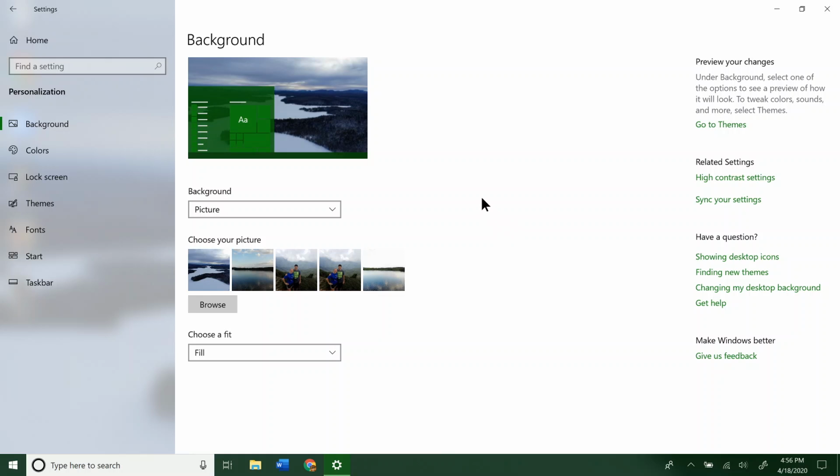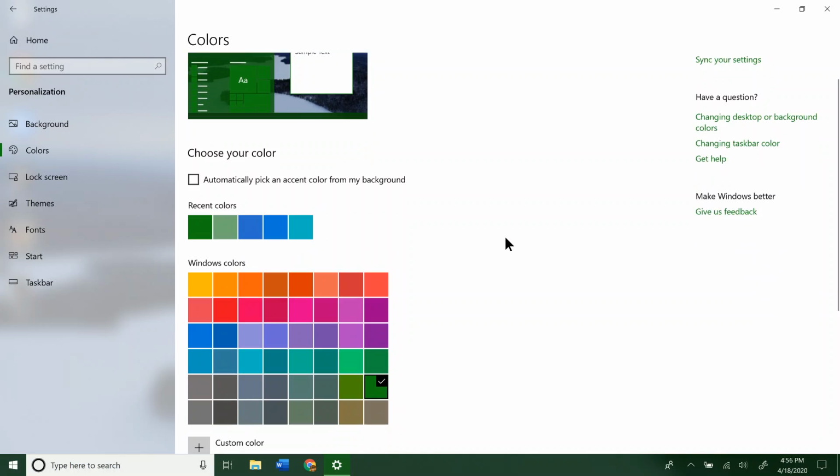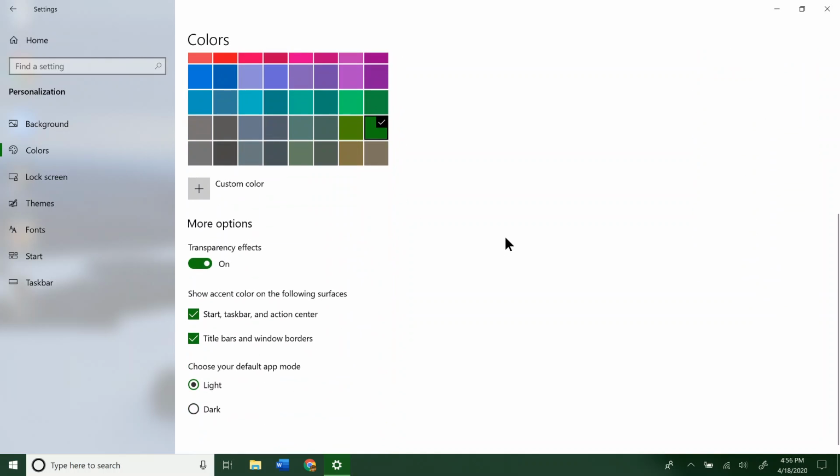But if you want to go and turn on dark mode so that everything for the most part on your computer that has a white background will then be black, if you just go into colors and swipe down, you'll see choose your default app mode. You have light, which is what we have right now, and you have dark. And if I click on dark,